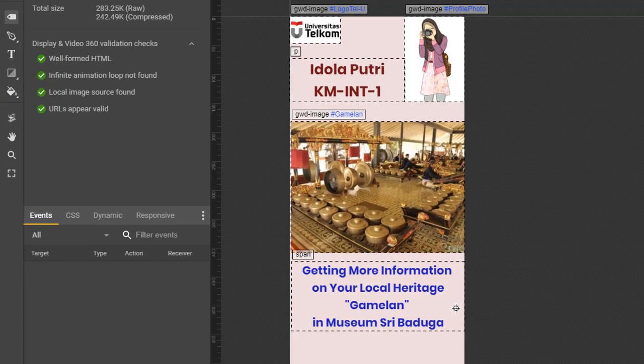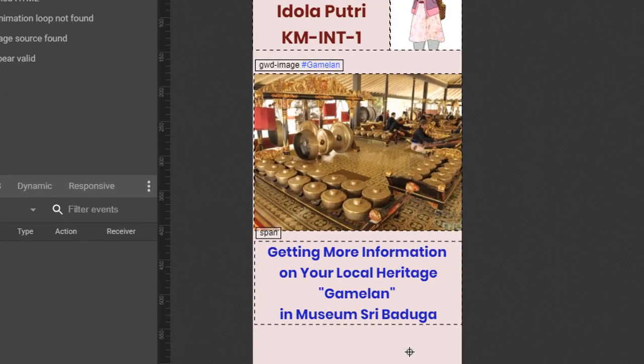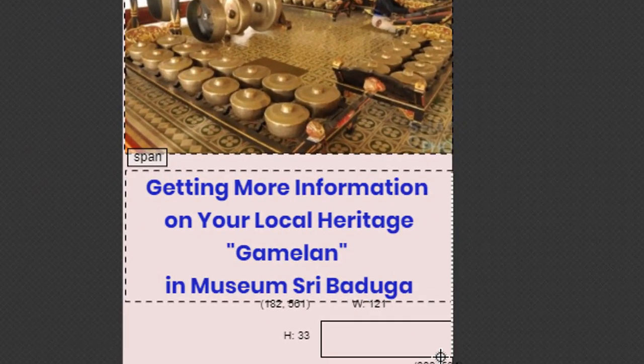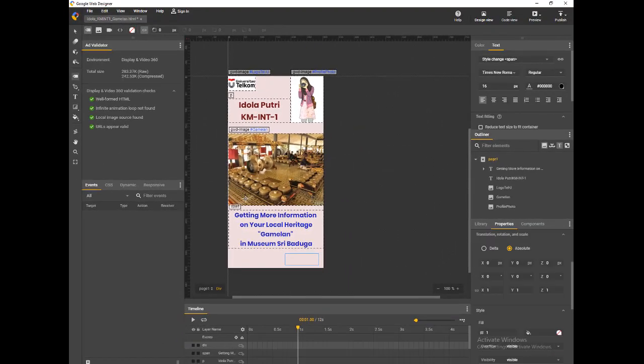So you now have your profile picture, your logo, your name on it, your object picture, and the title of your advertising. Now we are going to make the box that will guide to the next page. You click your tag tool, and then put the box at the bottom of your advertising page.